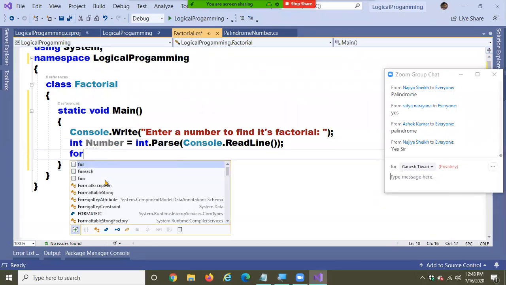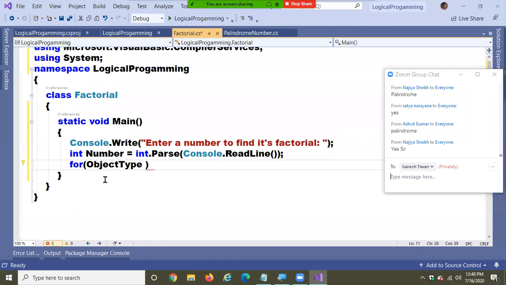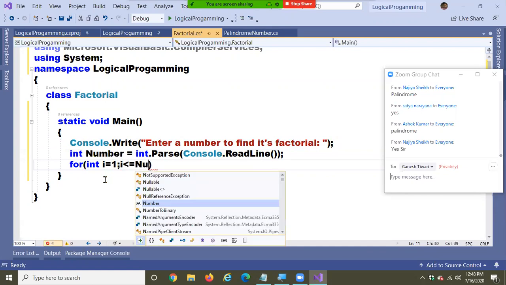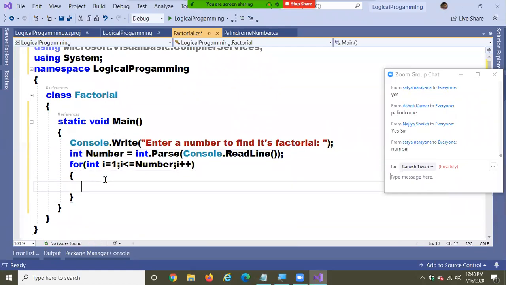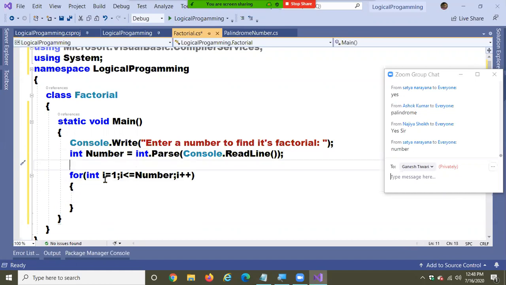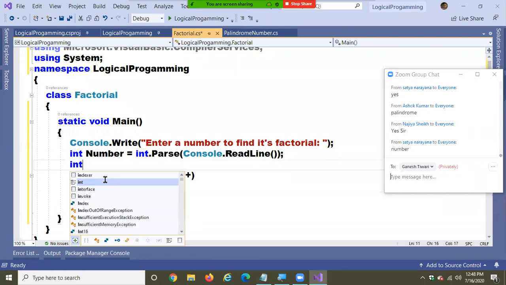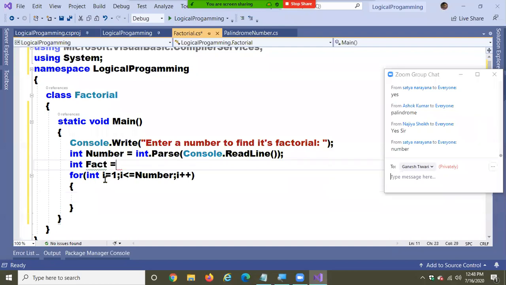How do you write the loop? For int i = 1; i less than or equal to number; i++. To capture the result, I am going to declare a variable, int fact equal to.